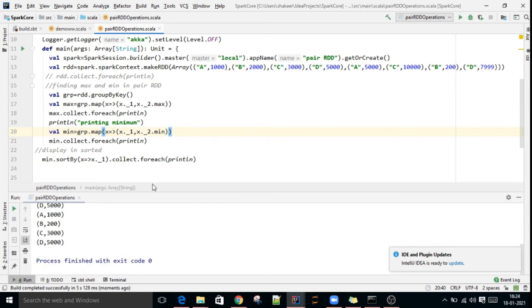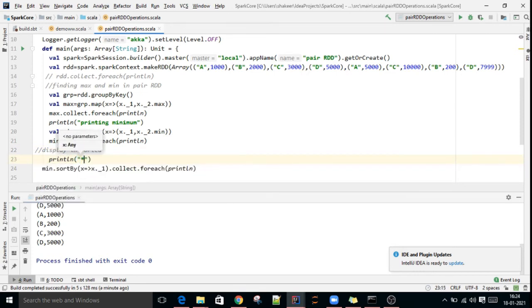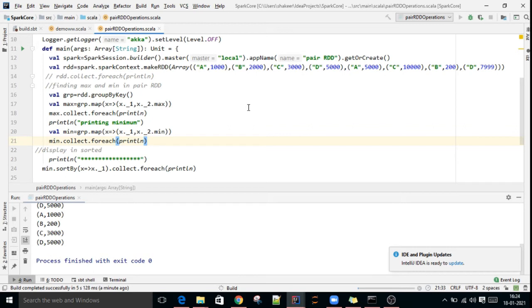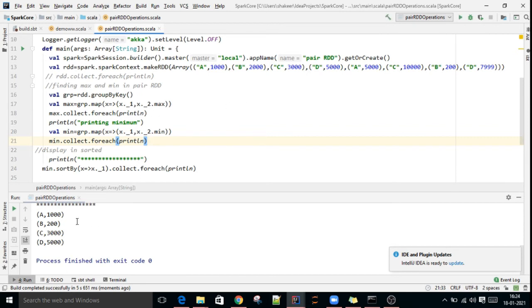Now we add some separator. See, it is arranged based on sorted values A, B, C, D. Okay, it is sorted.